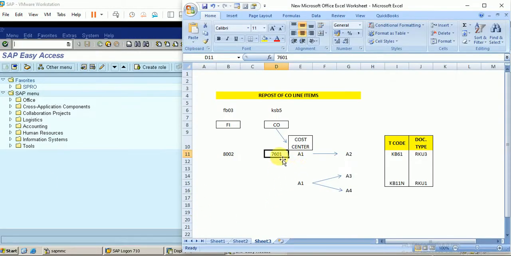We know that with this document number we have 1000 rupees in this document, and it has been linked with the cost center A1. Now I'm going to move some of the value, say for example 500 rupees, to the cost center A2, and for this we can do it by the T code KB61, and the document type that should be linked